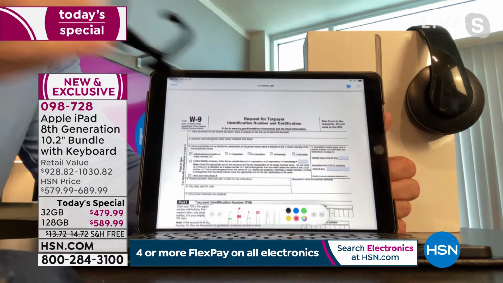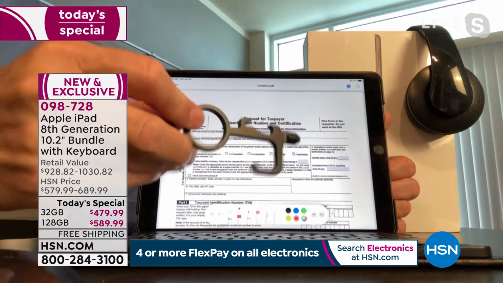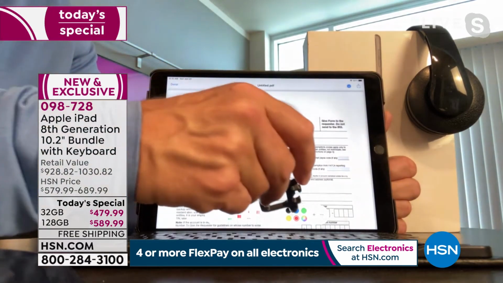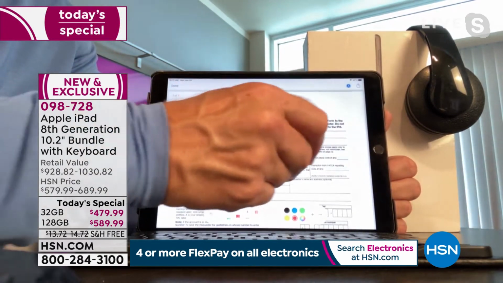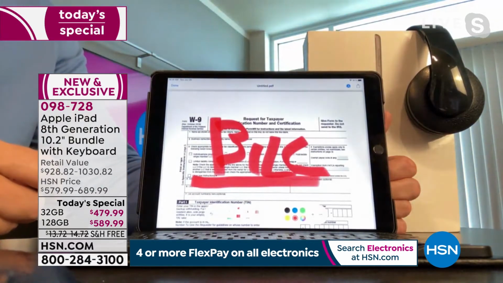It could be the traditional one. It could be this new one we're including. See, it has that rubber tip. I actually keep this on my keychain because, yes, I can open doors. I can open bottles. But when I do need to sign a document or sign even the keypad at the grocery store, I can sign the document. Boom, boom, boom. This is my legal signature. Whoop, and I can send it back to the accountant.